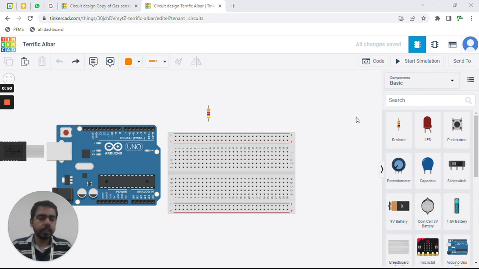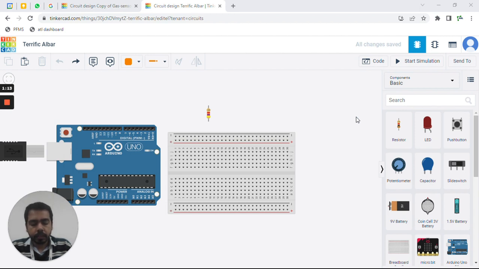It will turn on the buzzer, or maybe a light or something else. It may provide a signal, or we can use a display to show that a gas leakage is detected.